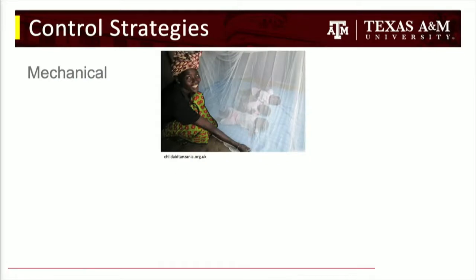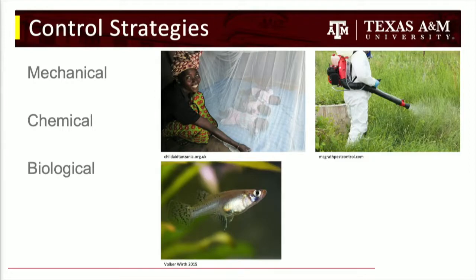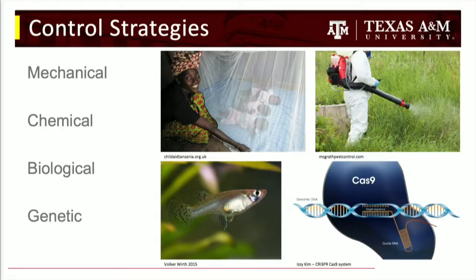So I talked about the control strategies in more detail yesterday, but just a quick review. There's mechanical control strategies, so that's ways of physically keeping mosquitoes away from people, like mosquito nets, or just clearing out water reservoirs that they can lay eggs in. There's chemical, which is insecticides. Biological, so there's different species of fish that will feed on mosquito larvae, and then I talked about some other bacteria that we can use as pesticides. And then there's genetic control, which is what I'll focus in on today, particularly CRISPR-Cas9, which is a gene editing